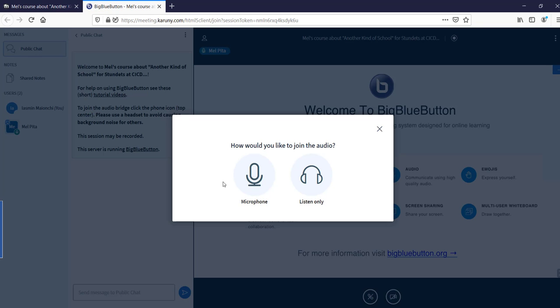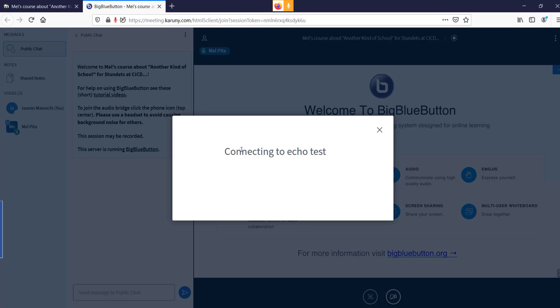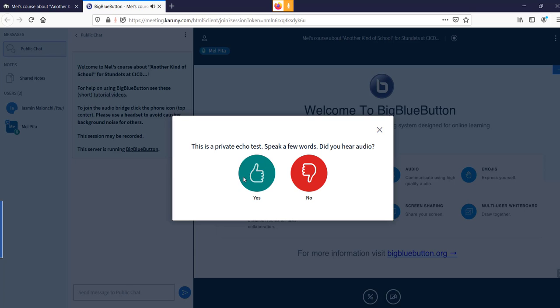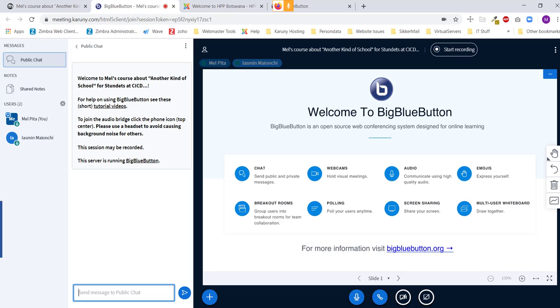Might be some problem now with the sound because I'm on the same PC, just two different browsers. But again, let's see. So it's testing the microphone. And yes, now see that there's an echo. I go to the teacher,